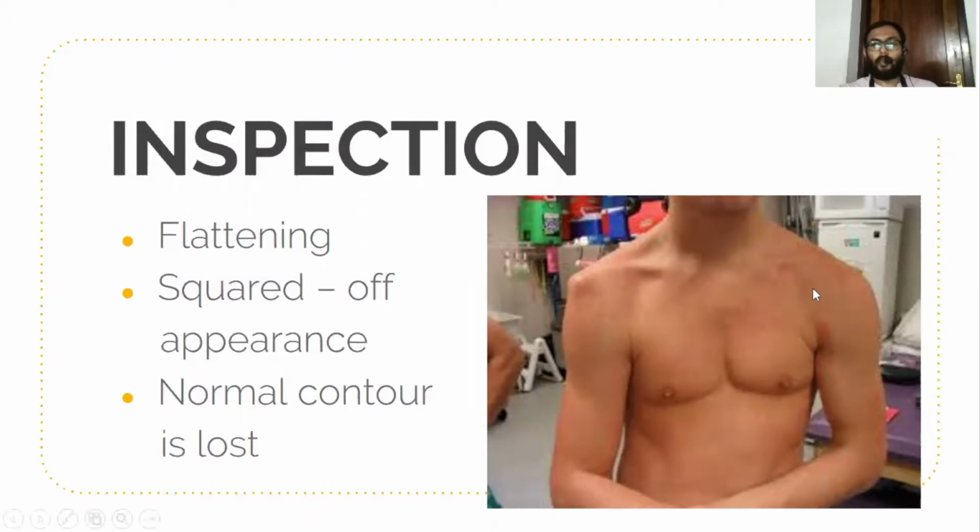Here in this photo, this is the normal shoulder joint with normal contour. Here you shall be able to see the flattening of shoulder joint. The normal contour is lost and a squared off appearance is there. Why? Because the head of the humerus is displaced anteriorly and inferiorly. It is displaced from the glenoid cavity and we shall be able to see the acromion process most laterally, so that the squared off appearance is seen.